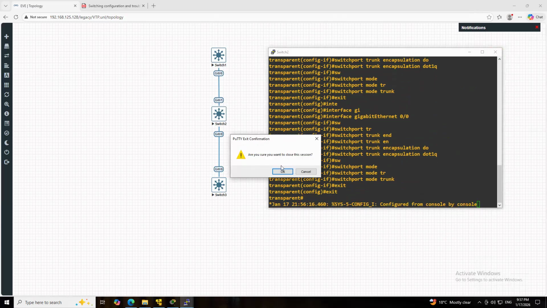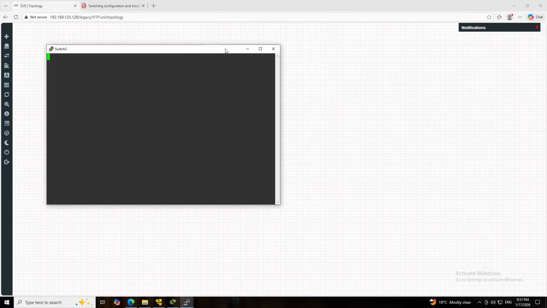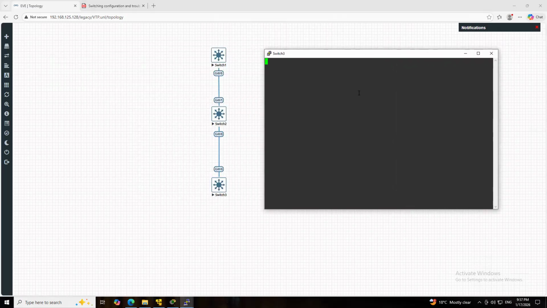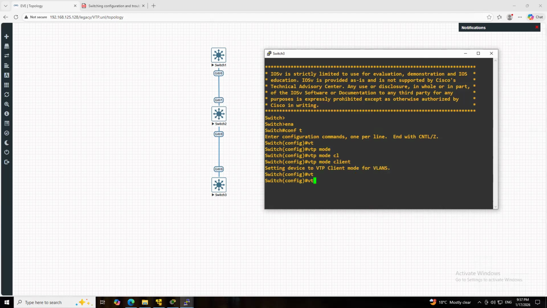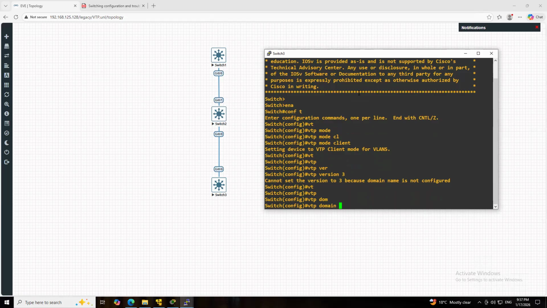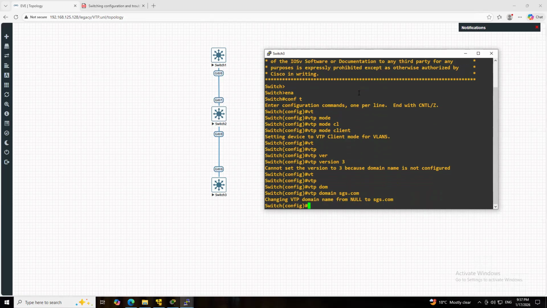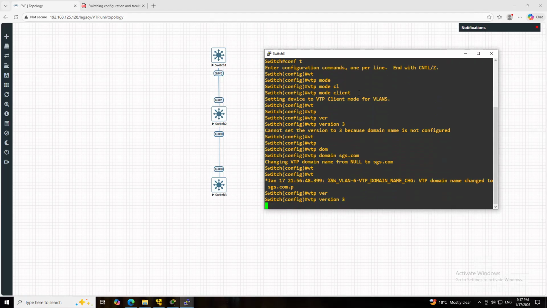Now let's go to switch 3. I'll make this a client, but we'll use VTP version 3. VTP mode client, VTP version 3, VTP domain sgs.com, VTP version 3.